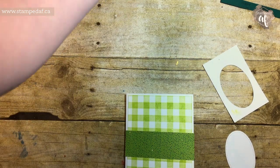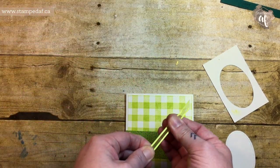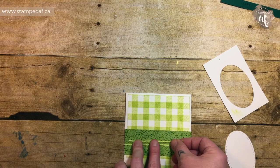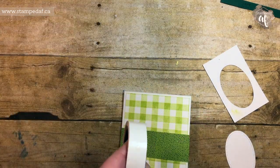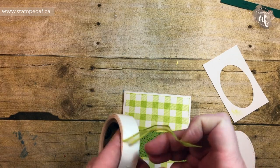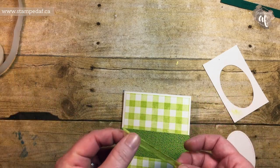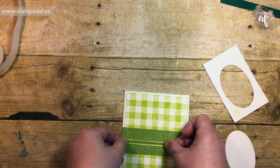Okay, now we are going, I had a little scrap of Lemon Lime Twist as a bow on another project, and I decided I didn't want it as a bow. So we're just going to grab some glue dots to adhere this down. You could wet this just a little bit with your spritzers just to get it to lay flat, but